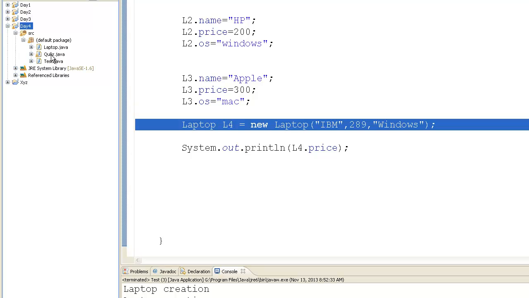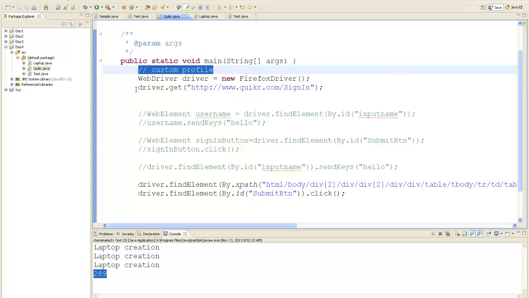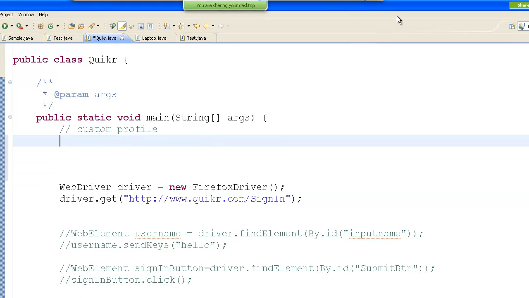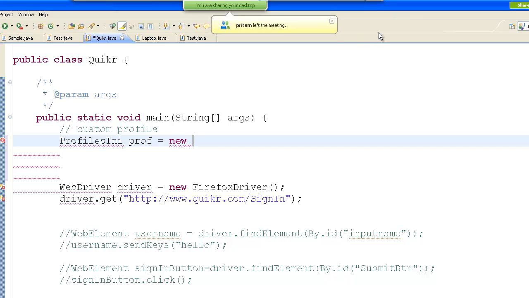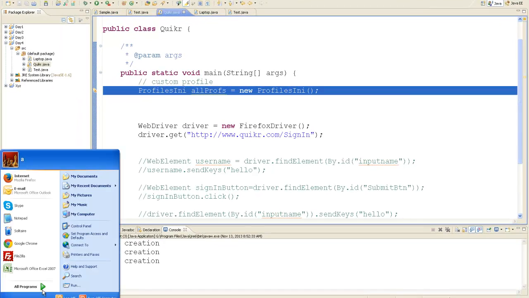Actually I just continued in day 4 only. I should have made day 5, but anyways, let's continue in day 4 only. In quicker.java, you can write something like this. You create the object of a class known as ProfilesIni, pf equal to new ProfilesIni. This is a class in Selenium which represents all the Firefox profiles which are created